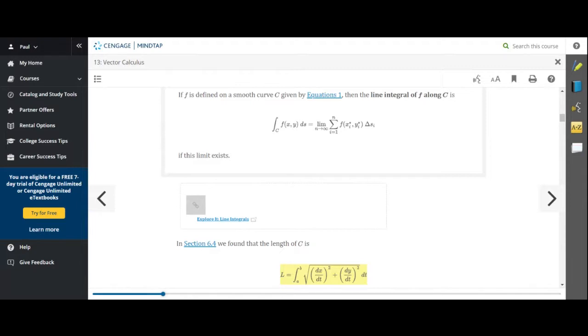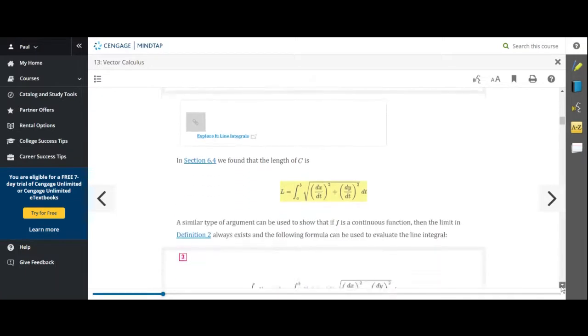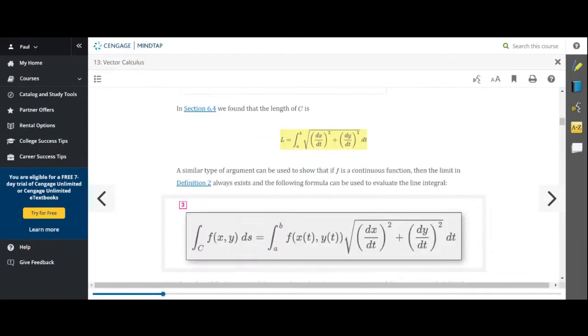How many recall that formula, that section 6.4 formula in Calculus 2? Okay, Eric remembers it. Very good. So essentially what we can do is this. It's really this simple. Take the ds and replace it with the square root of